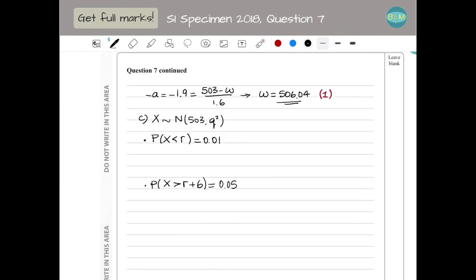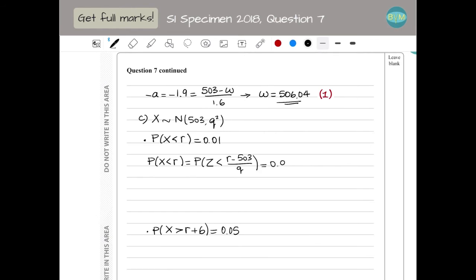So we are going to use these two lines to find equations. The first one is the probability of x being smaller than r. If we standardize our values, we use z smaller than (r minus 503) divided by q, because now it's not 1.6 anymore, it's going to be 0.01. At this stage you can use the calculator again with the inverse normal,